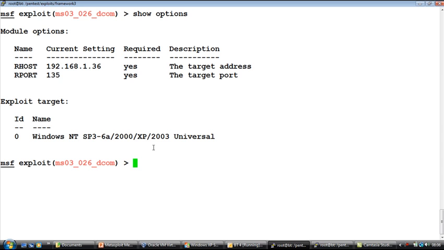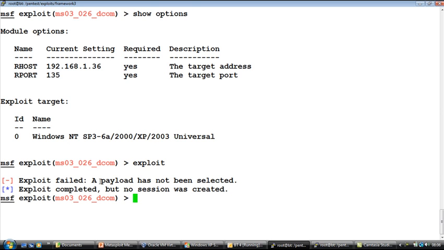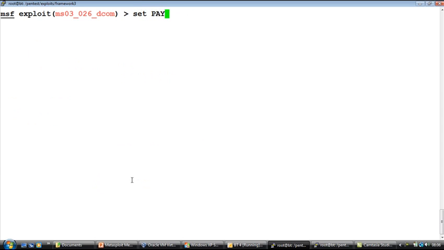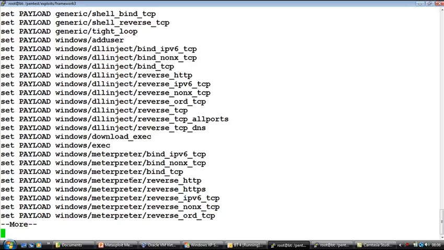Now we have gone ahead and set the exploit module options, etc. So should we be able to run it right now? Well, if we go ahead and type exploit, which is to start the exploitation, you would notice it fails because we have not selected a payload, right? If you remind yourself, a payload is code which needs to run after successful exploitation. And this is where we also need to set the payload. So we can use the set command again and type in payload, hit tab twice, and you would actually get a list of payloads in the system,